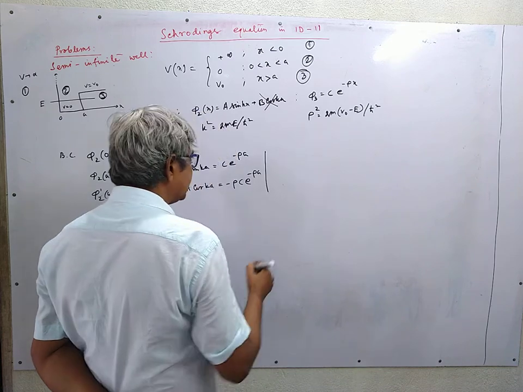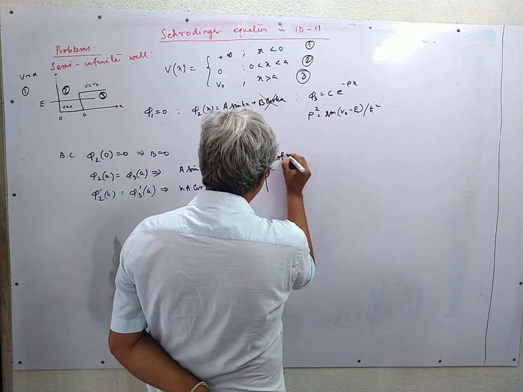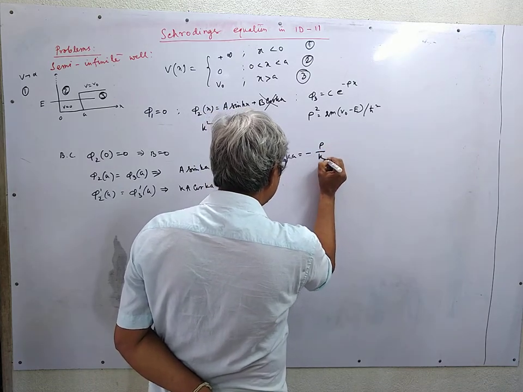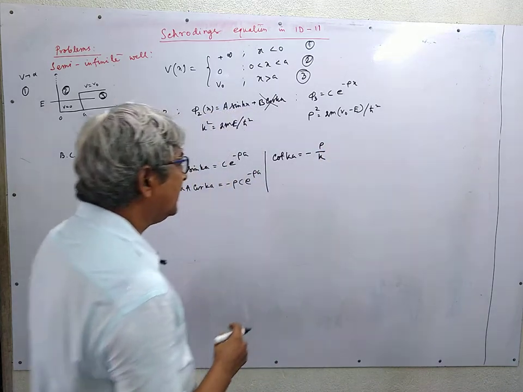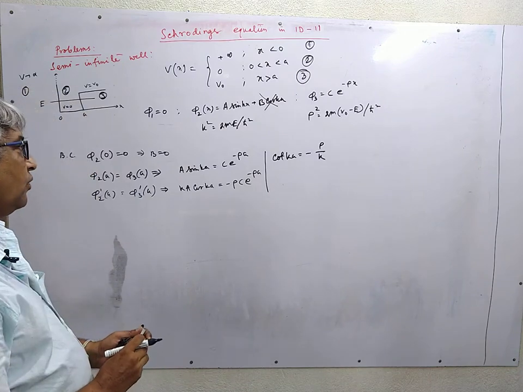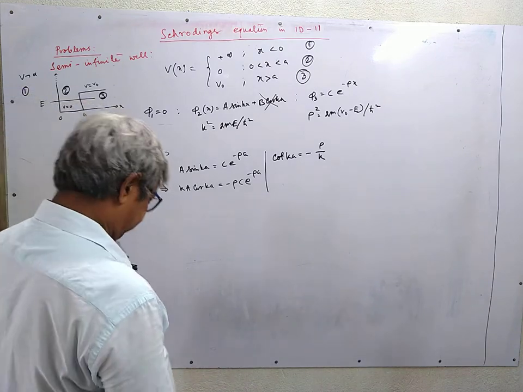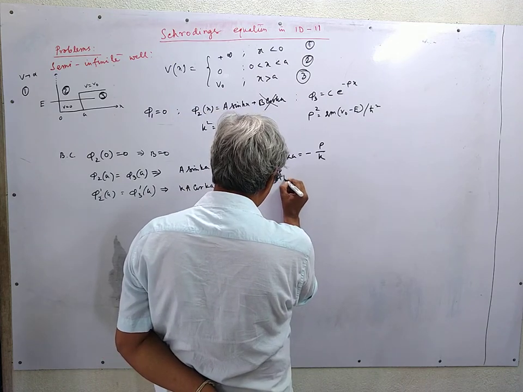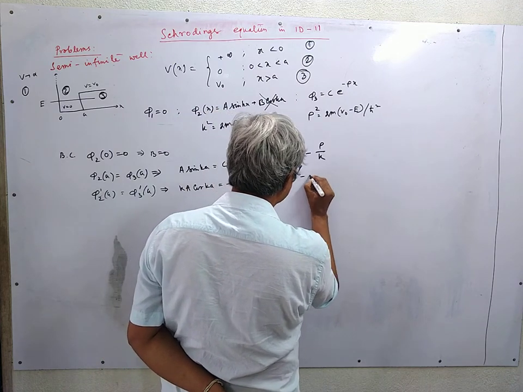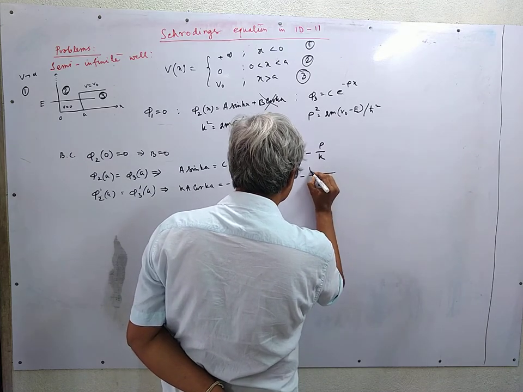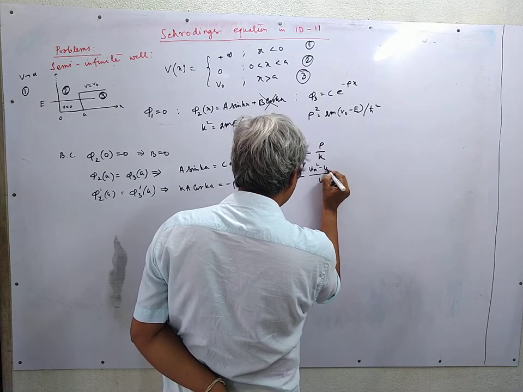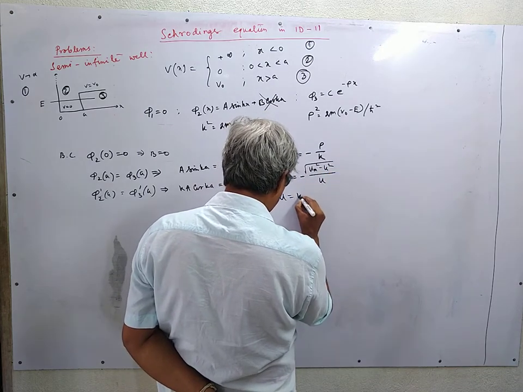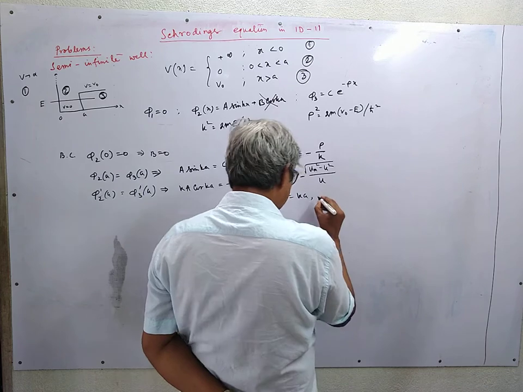If we divide these two, we get cot ka equal to minus rho by k, as we have done in the case of the finite potential well. We write it as cot u equal to minus the square root of (u_m squared by u squared minus 1), where u is equal to ka and